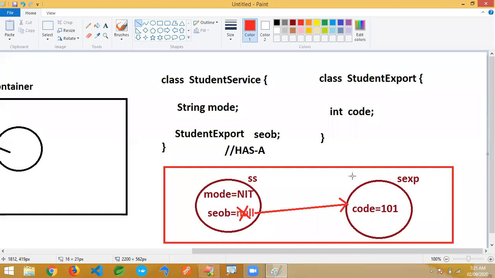Okay, remove this null and link to this object. I just want to create a link like this. So these are all the requirements I want to do here. Parent object and child object are linked with each other.